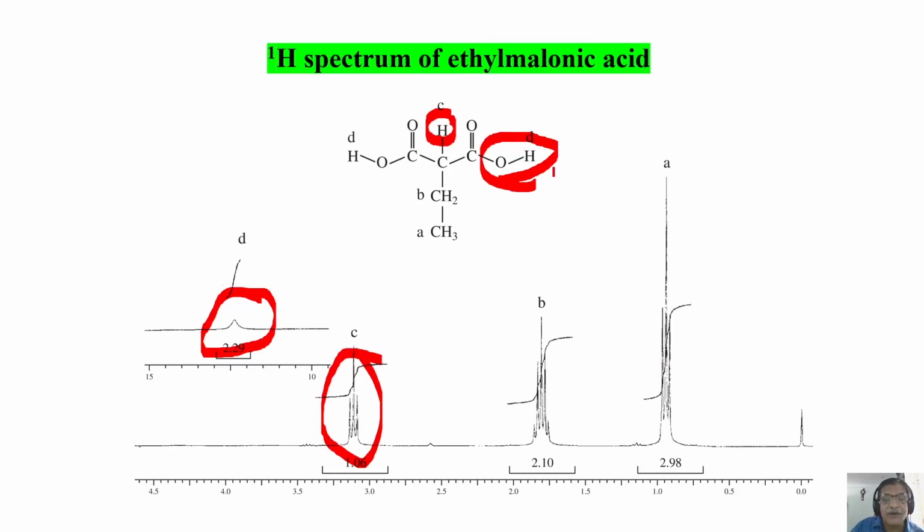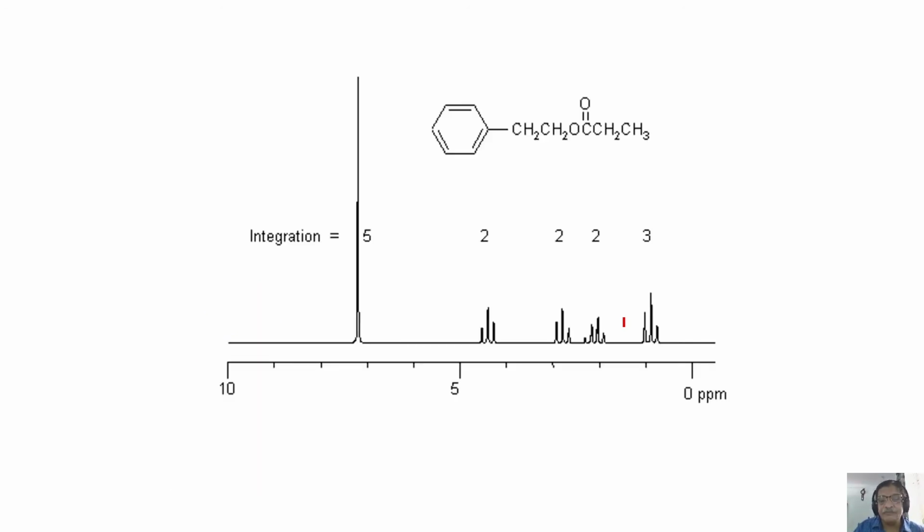So broad, and any splitting is generally not seen. Of course, here in this case, the splitting possibility is also low, no problem. But if there is something attached to that, generally, it is very difficult to see this splitting unless, as I said, special precautions are taken in the preparation of the sample, where you are going to see the splitting also. But this is safely assigned now. So all the 4 groups of protons are assigned. I hope you are getting the feel for how to analyze the spectrum, looking at the structure, looking at the multiplicity pattern, looking at where they come in chemical shifts, etc.